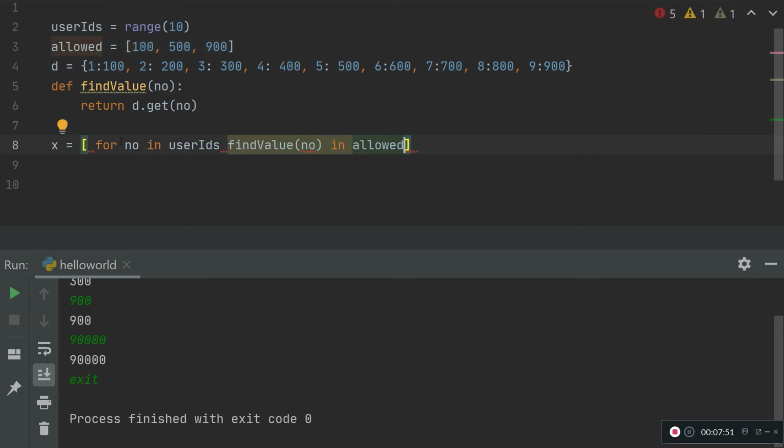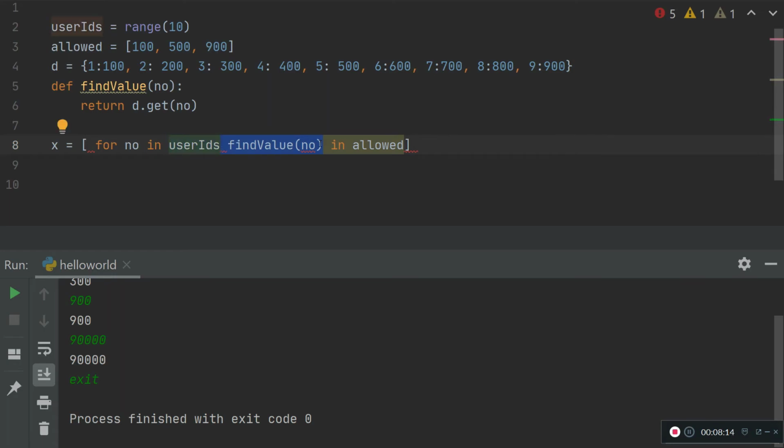So from the user IDs, each user ID I am passing to the find value method. There I am performing some business logic and I am getting some corresponding value. This method is returning some value. That value I am checking whether it is allowed or not. If it is allowed, I want to print this number.